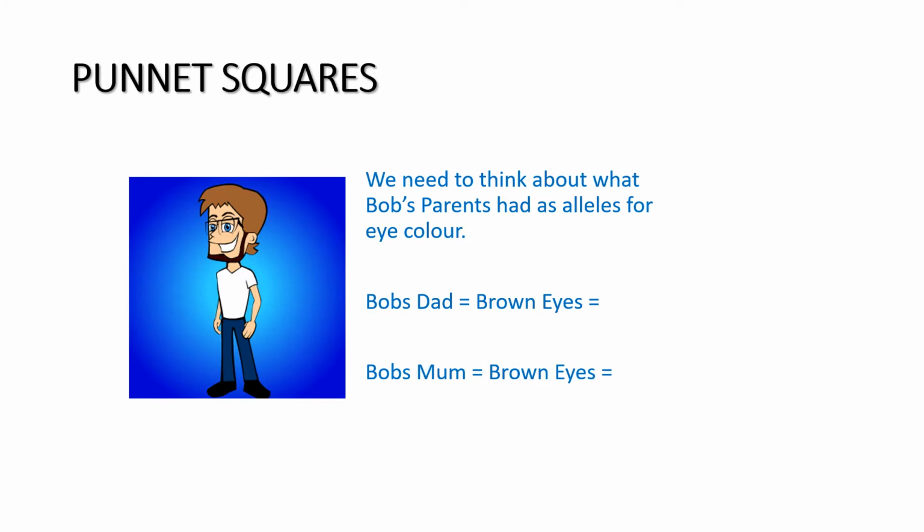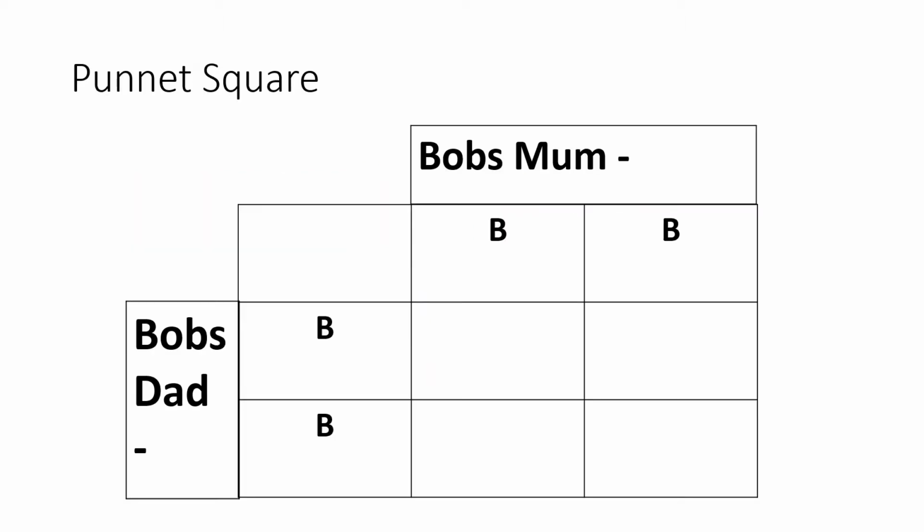Here we're going to look at Bob's parents' alleles for eye color. Bob's dad has brown eyes and Bob's mom has brown eyes. Let's have a look. If we do the Punnett square of Bob's mom and Bob's dad, look at that. All of them are